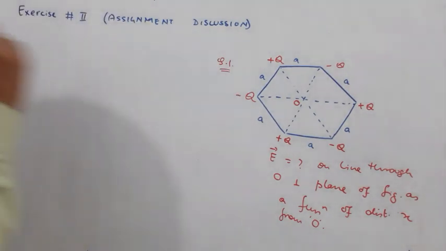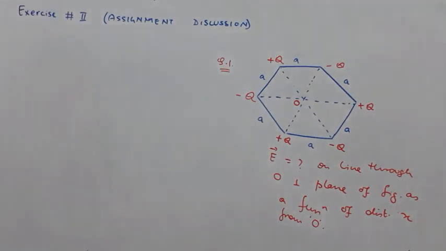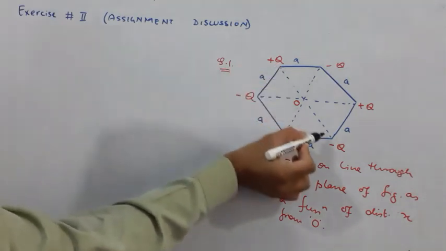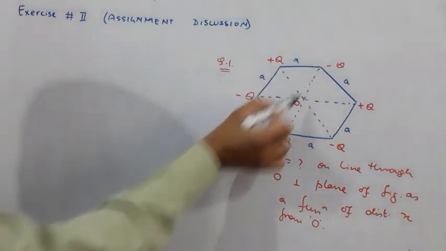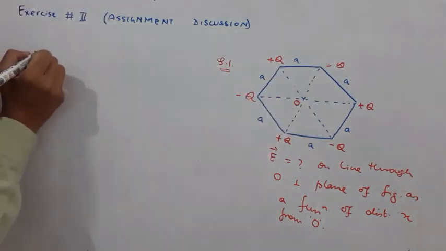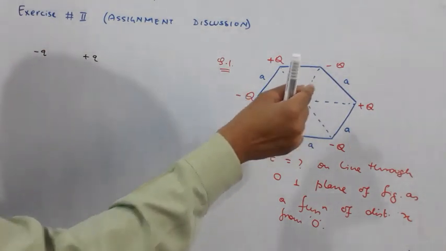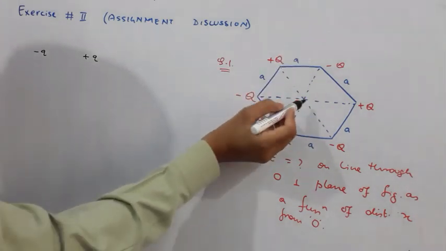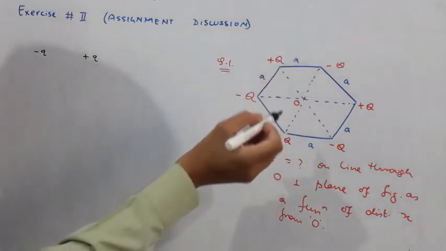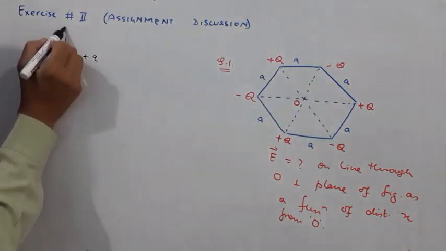See, this question can be done very easily by decomposing these 6 charges into 3 dipoles. You can see, students, this is one dipole, plus Q and minus Q. This is the second dipole, and this one is the third dipole. Now, if you remember, we have 2 charges, minus Q and plus Q. This point at distance x on the line perpendicular to the plane, that line is passing through the center of each of these dipoles and is on the perpendicular bisector. So it lies on the equatorial plane like this.